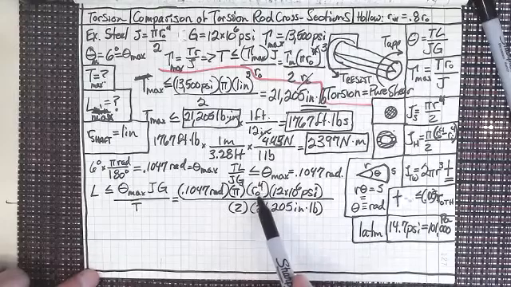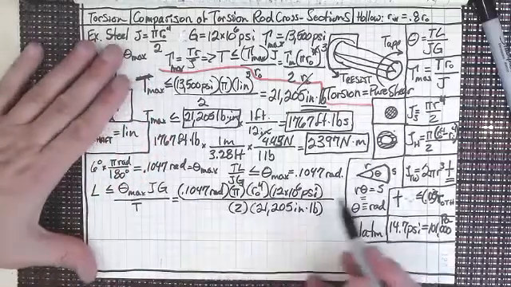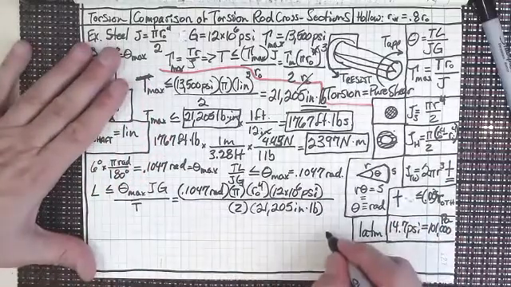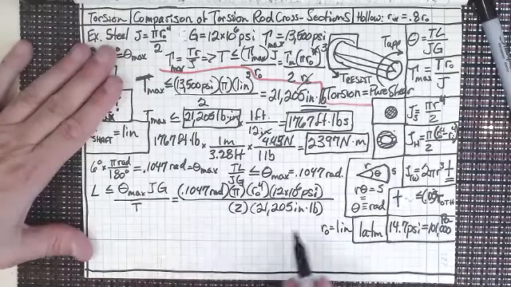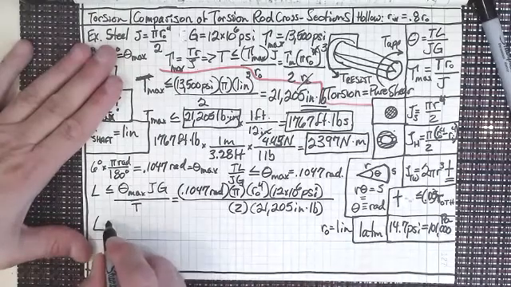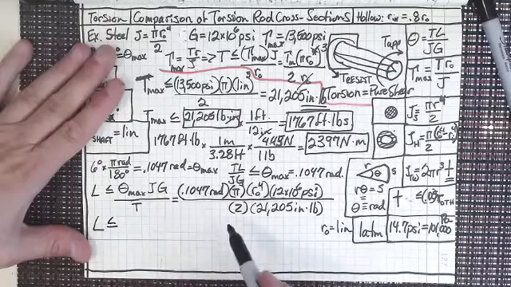Well, we know I should have put that in there, right? 1 inch to the 4th. I guess in some ways I could put it in there, but we know that R0, I'm just going to put it over here. R0 equals 1 inch. So as I'm working through here, L is going to be less than or equal to